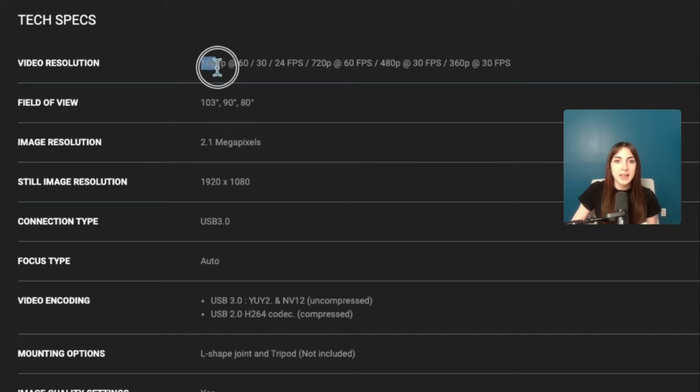First, the Razer Kiyo Pro has 1080p resolution at 60 frames per second. And that's our standard recommendation for most online business owners and course creators, unless you know that you need that 4K resolution for more in-depth video needs. Also, you can see that there are 3 different fields of view. So you can adjust how wide that diagonal is behind you, which could control how much you can see behind you in the shot. This camera has an autofocus, and I will say this is where I started running into